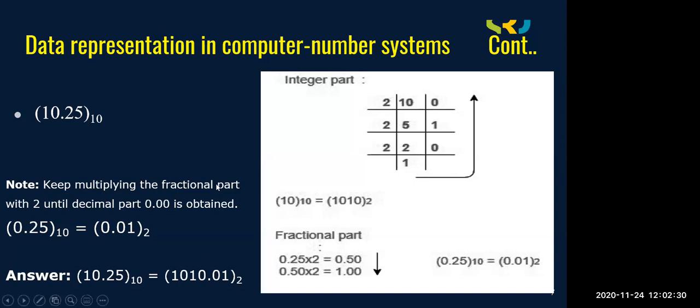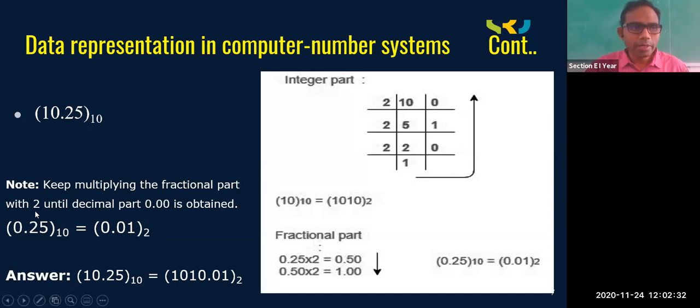So what we are taking before the fraction, whatever the number is there, you are going to take 10.25, take 10, do the LCM with 2. Because binary number, you are going to make the LCM with 2. For octal number, you are going to make the LCM with 8. For hexadecimal, you are going to make the LCM with 16. These are the basic things. For getting the binary number, do the LCM with 2. For octal number system, do the LCM part with 8. For hexadecimal number system, do the LCM part with 16.